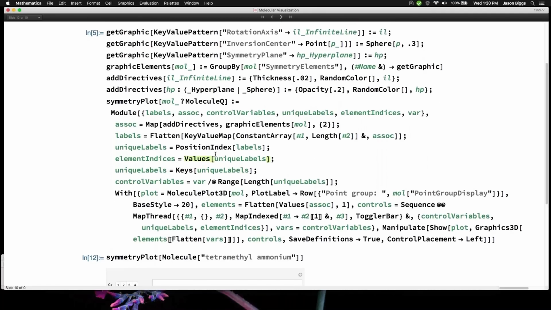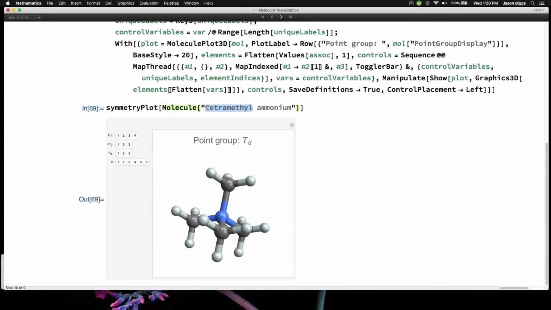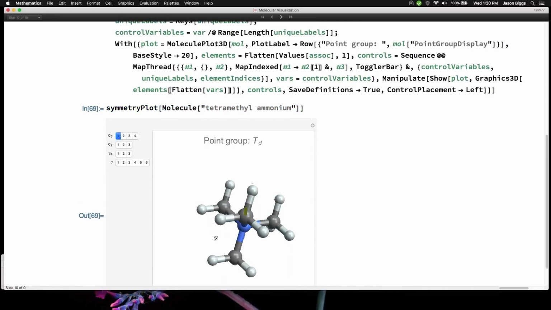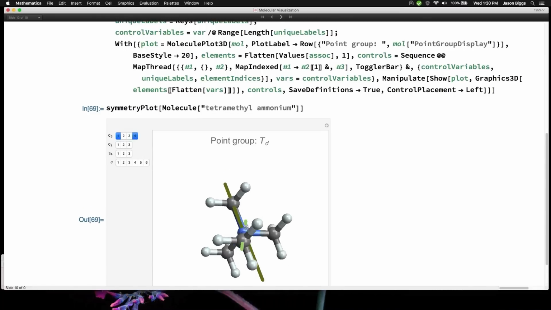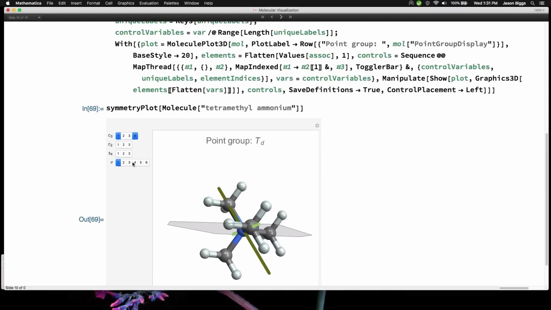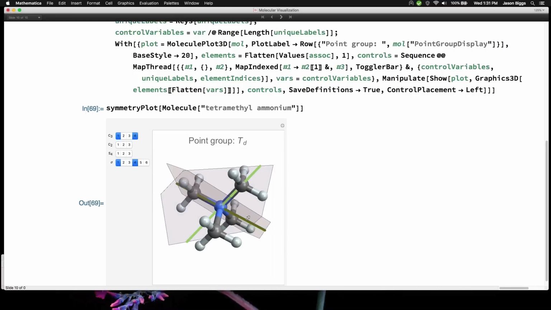So this is relatively simple code here. And so you evaluate this and it'll automatically create this molecule, create the 3D coordinates, and then figure out the point group was tetrahedral, and then show you, and then you can show all of the C3 axes. You'll see there's one C3 axis along each carbon nitrogen bond, and you can show all the different planes of symmetry. Yep. And I am definitely out of time, so